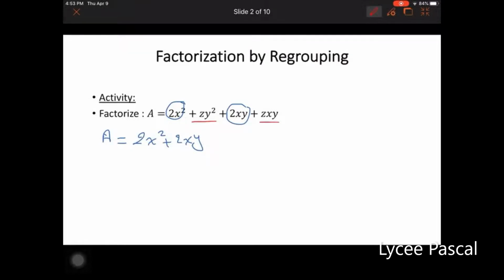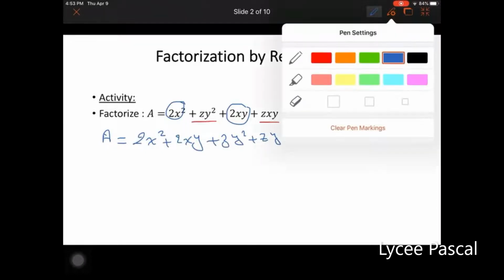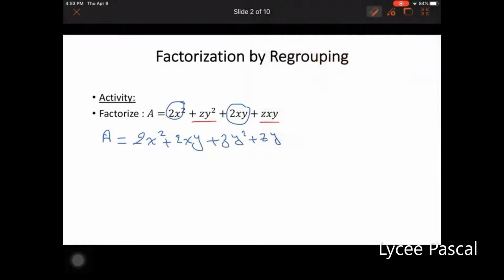So plus zy squared plus zxy. This is it. Okay, so A equals,